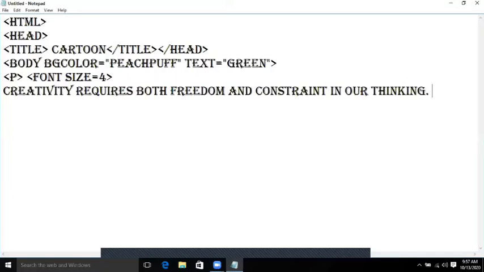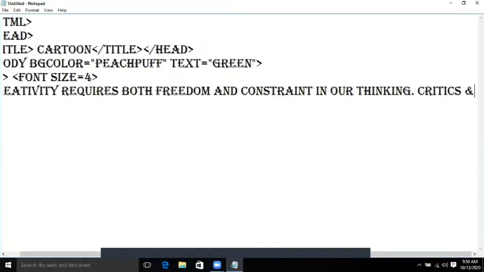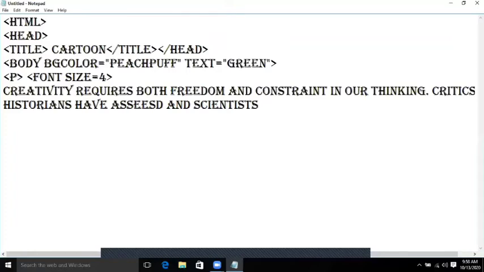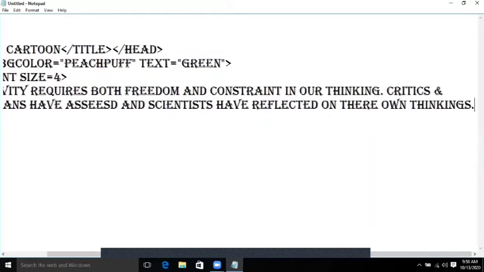You can write any other words, like the critics and historians have assessed, and scientists have reflected on their own thinking.